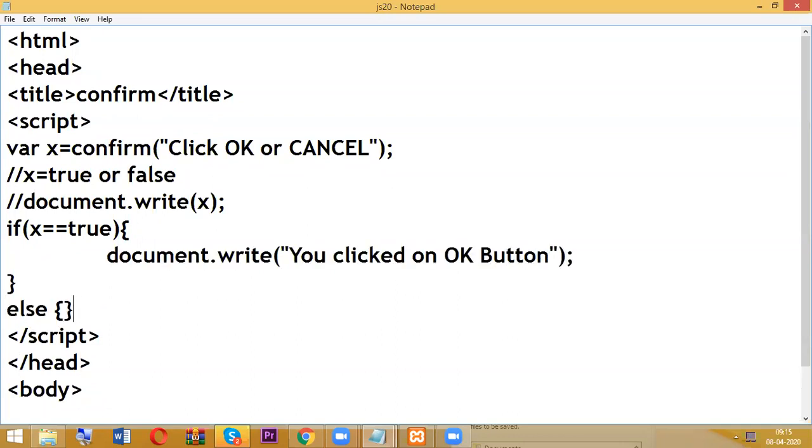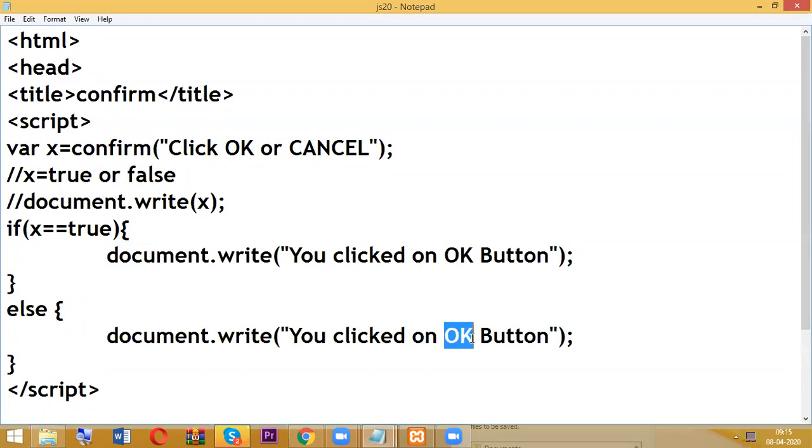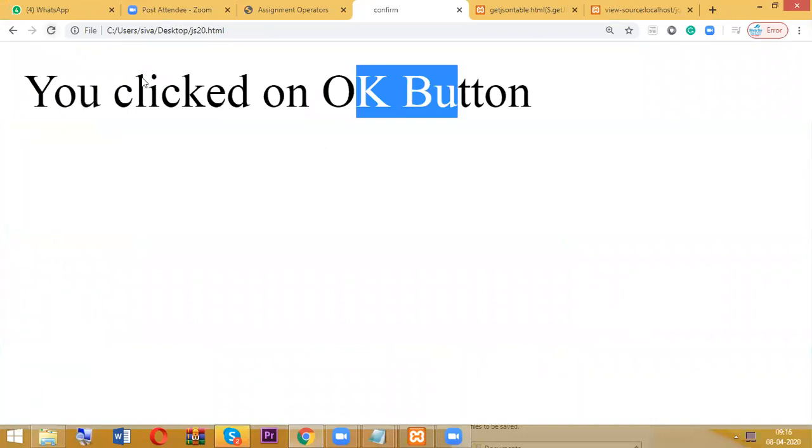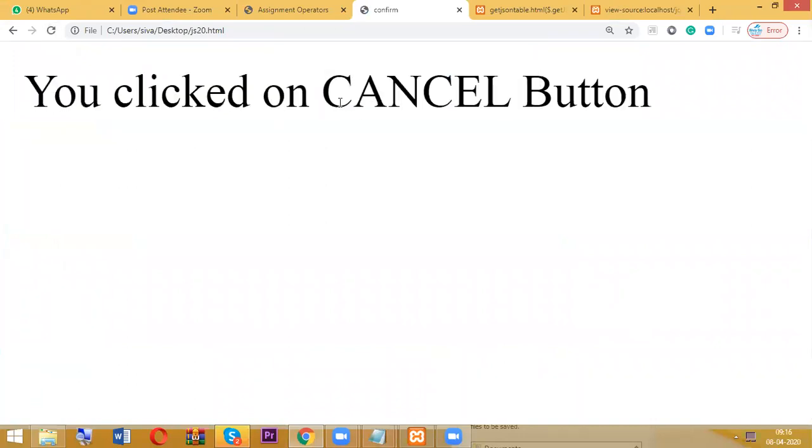Here the else part also we are discussing. Otherwise, cancel button. Fine, so go and check the output. If I click on OK, you clicked on OK button. If I click on cancel, you clicked on cancel button.